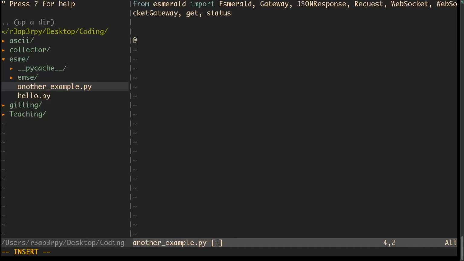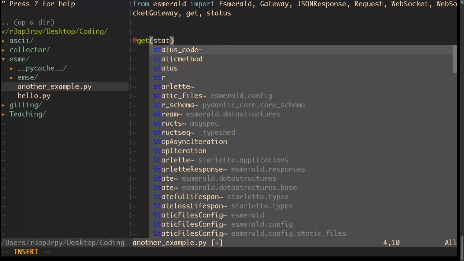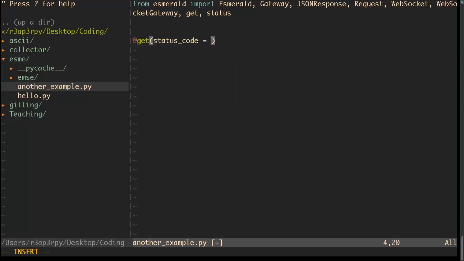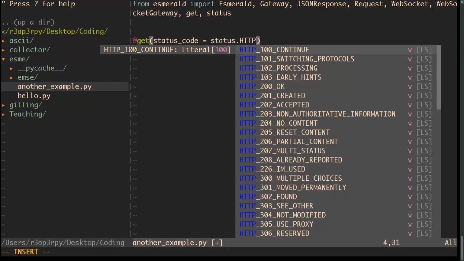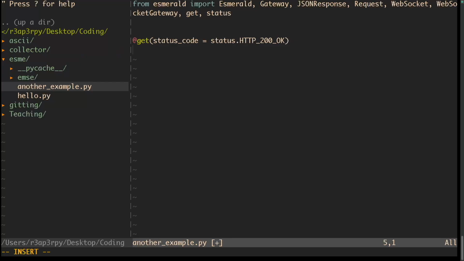And here we will have a context route which is basically going to return with the status code status.HTTP_200_OK,